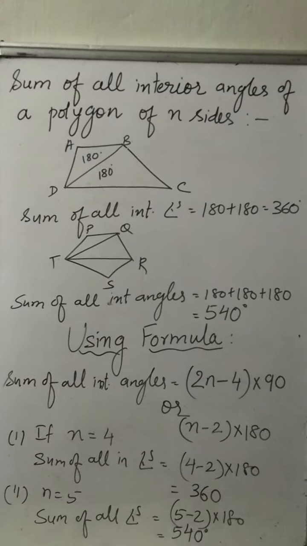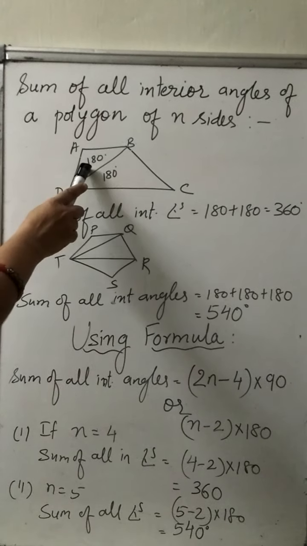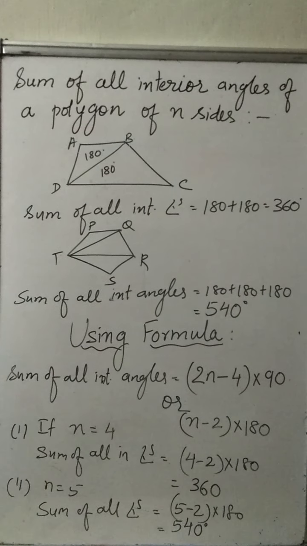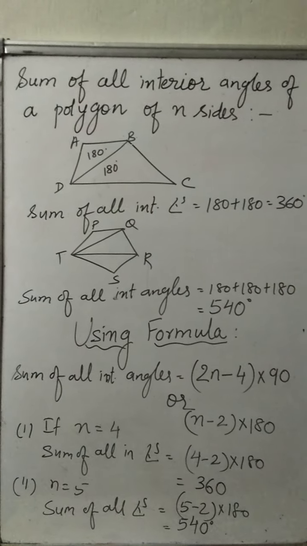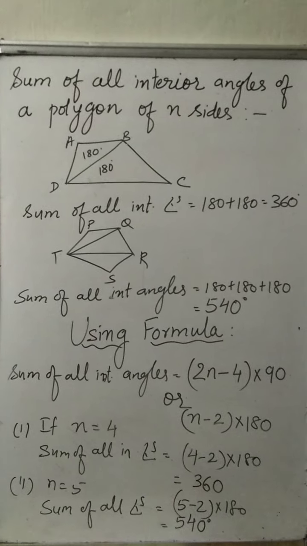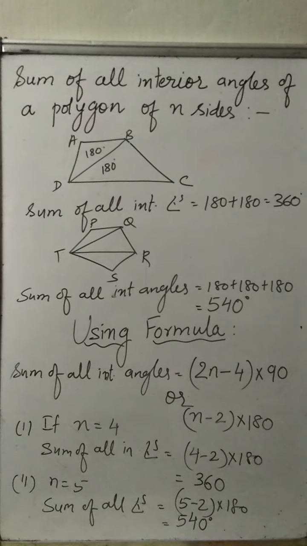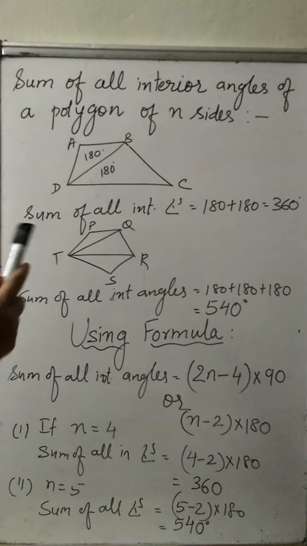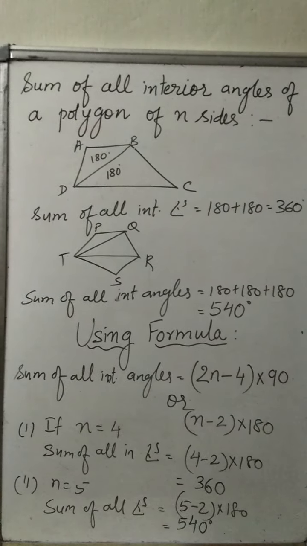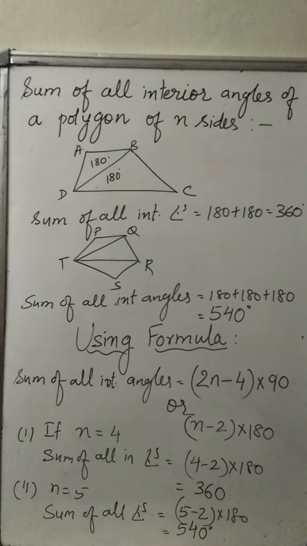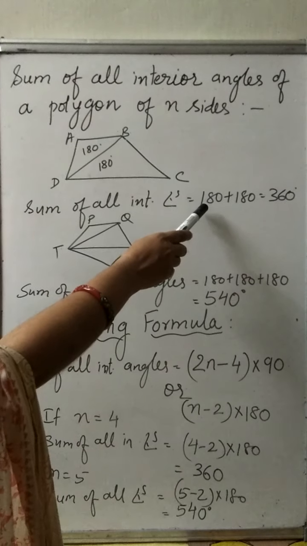So there are two triangles and you know the sum of all the angles of a triangle is 180 degrees. So for this triangle the sum is 180 degrees and for this triangle the sum is 180 degrees. Therefore when you add them you get 360 degrees. So that means the sum of all angles of a polygon whose number of sides is 4 is 360 degrees. One point you have to note here is that the number of sides is 4 and triangles are 2. So there are two triangles, so the answer is 2 into 180 degrees, right?